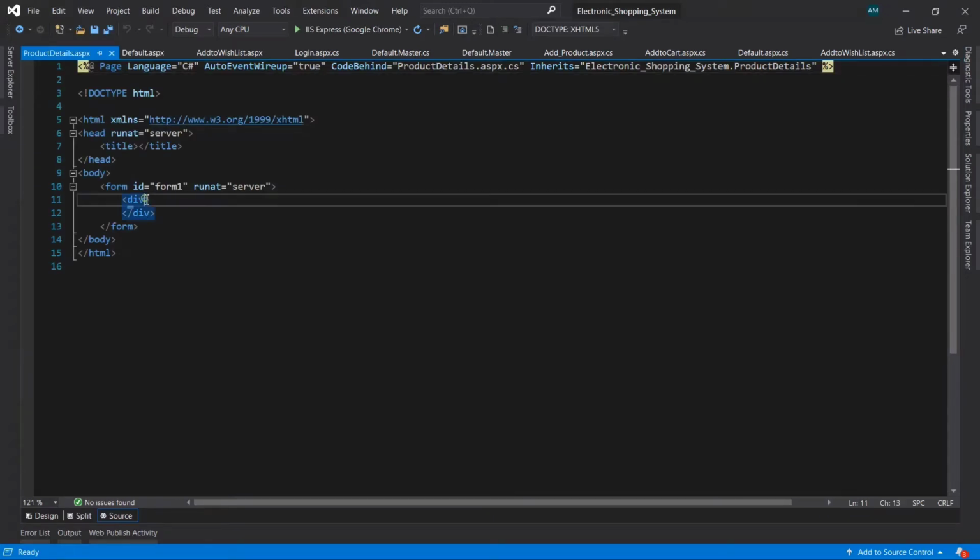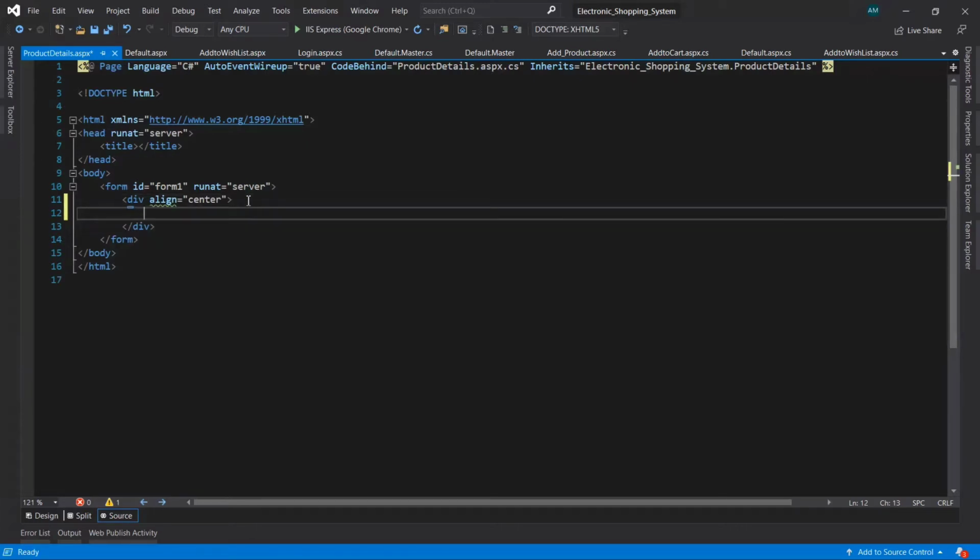Now give your property inside the div tag: align equals center, so that all the content inside the div tag is aligned in the center.